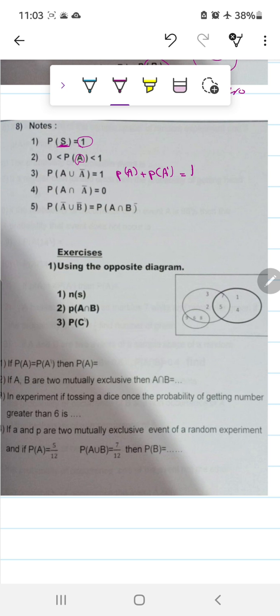Probability of A complement union B complement, it will be all complement, but change the sign. Here union, it will be intersection. So here if we have probability of A complement intersection B complement, it will be probability of all complement, but it changes the sign. Here we have intersection, it will be union. Okay,